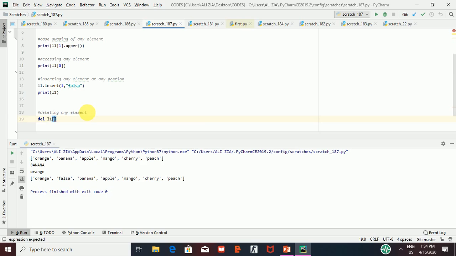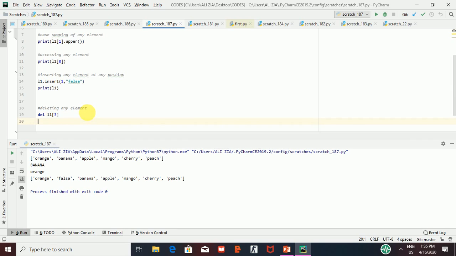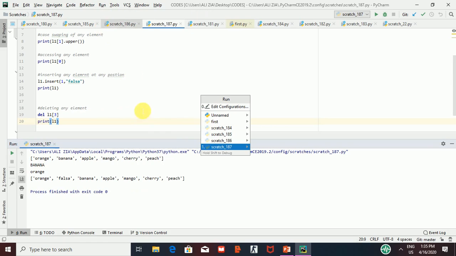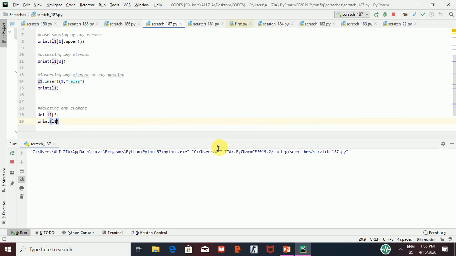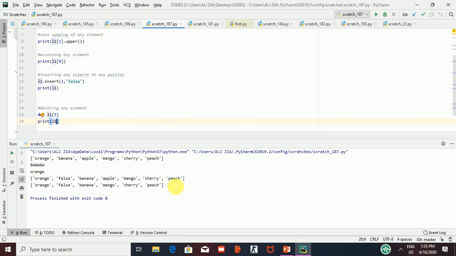For example, I want to delete the element at the index 3, so I will write del L1 3, and now I am going to print our list, print L1. I'm going to run this. Here you can see one element has been deleted from the list, and that element is apple because it was on the third index of the list.